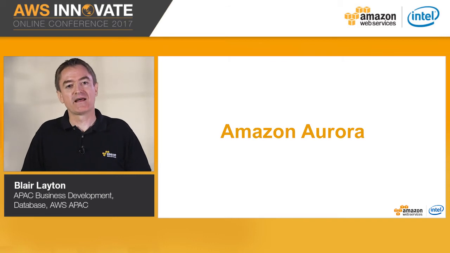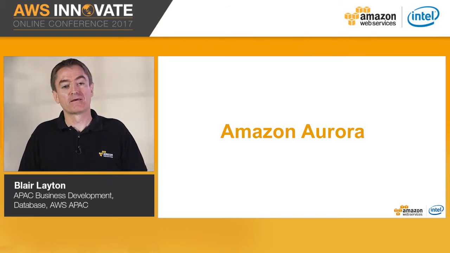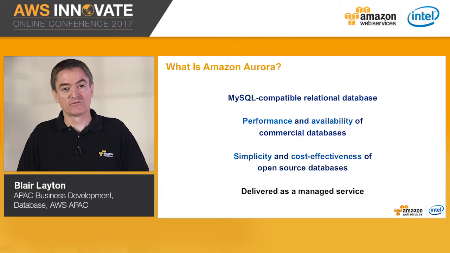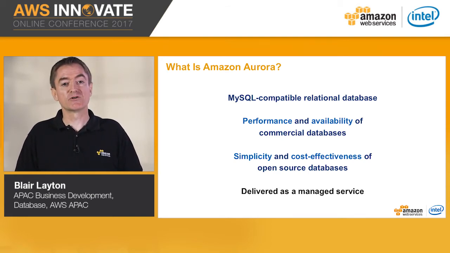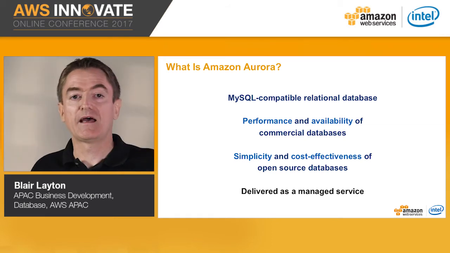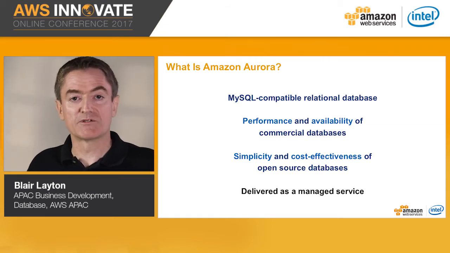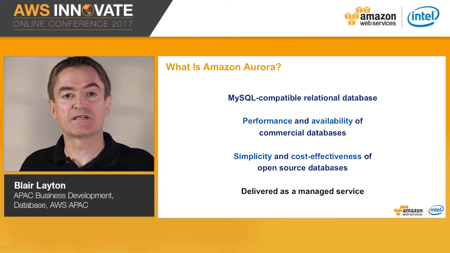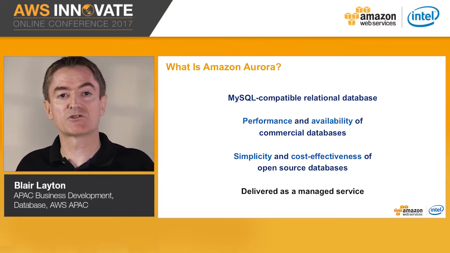Now I'd like to talk about Amazon Aurora that is built upon the RDS platform. So what is Amazon Aurora? It's a MySQL compatible and Postgres compatible relational database platform with the performance and availability of the commercial databases delivered as a migration service. AWS announced the MySQL compatible edition at re:Invent in 2014 and the Postgres compatible edition at